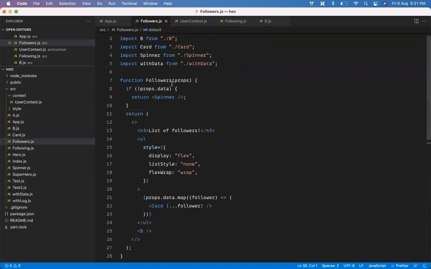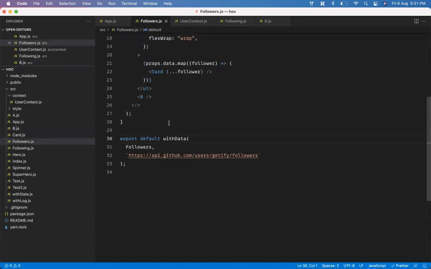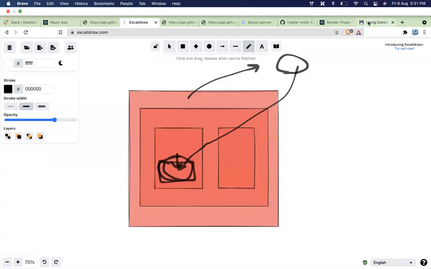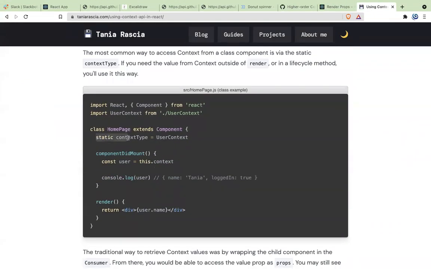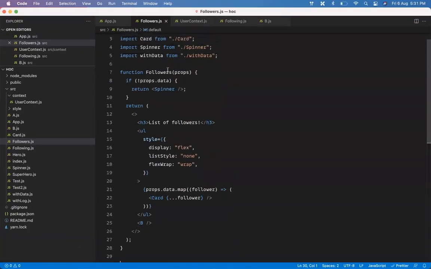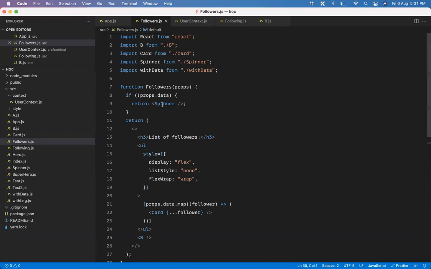What if you want to use it in the class component? So that also you can do, you just have to use it like this. Here there is something known as, you add a special property called static, and you say static contextType is equal to the name of the context. If you want me to do that, I can just convert one of the components here into a class component. So let's do that.